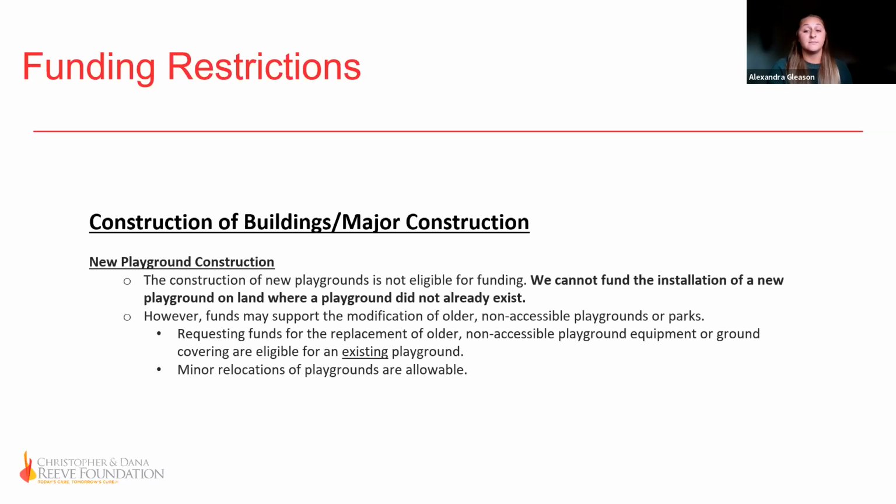So for example, we see many applications for fully accessible playgrounds in school districts or towns that currently have no inclusive and accessible options for kids and their families. If a school comes to us with a proposal and says they're completely renovating their non-accessible playground to make it fully accessible and inclusive, because they're replacing an older playground, we can fund things such as pour in place surfacing or accessible inclusive playground structures. If this school did not have a playground before and are installing a brand new playground for the first time on the property, we would not be able to fund that.